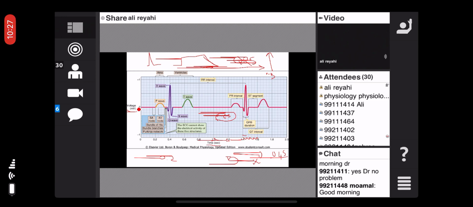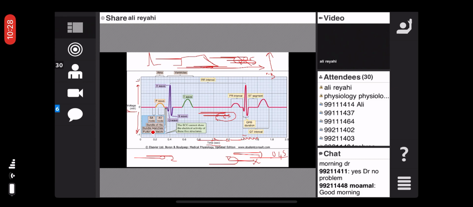In the vertical axis, each 10 squares is equal to 1 millivolt of voltage, and this can be upward or downward, a negative charge. The upward or downward deflections are determined by the movement of the polarization wave toward the electrodes or away from the recording electrodes. And also please note that the SA node activity and AV node activity, the spread of impulse in the